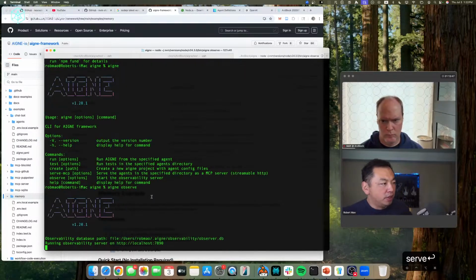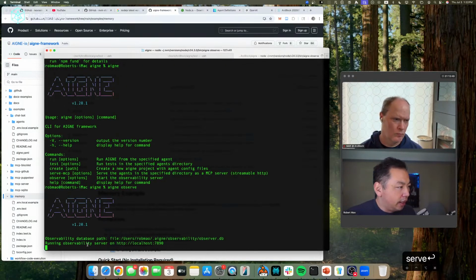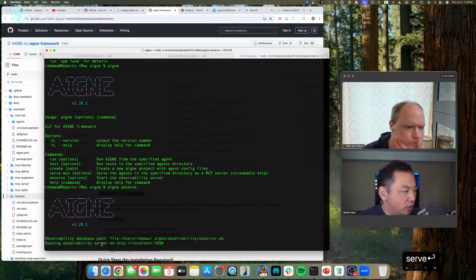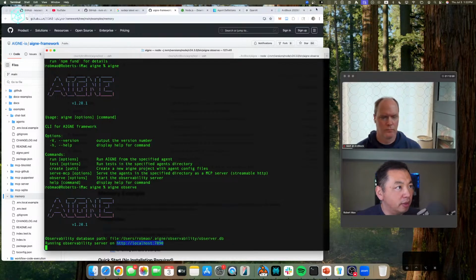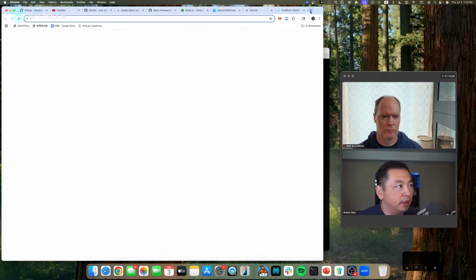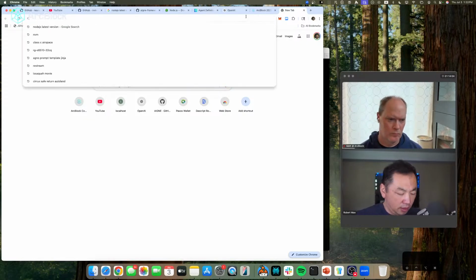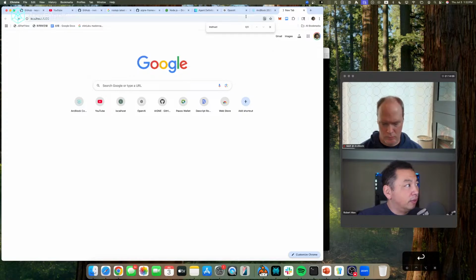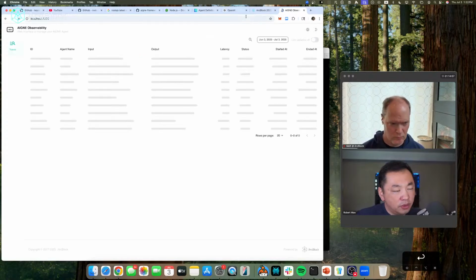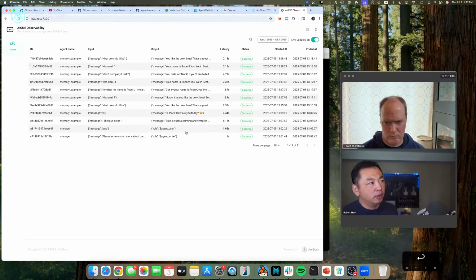Once you run aigne observe, it's going to tell you some information. One important thing is it tells you that now your computer is an observability server, and you can go to the browser and type in this localhost address. So you see a website.